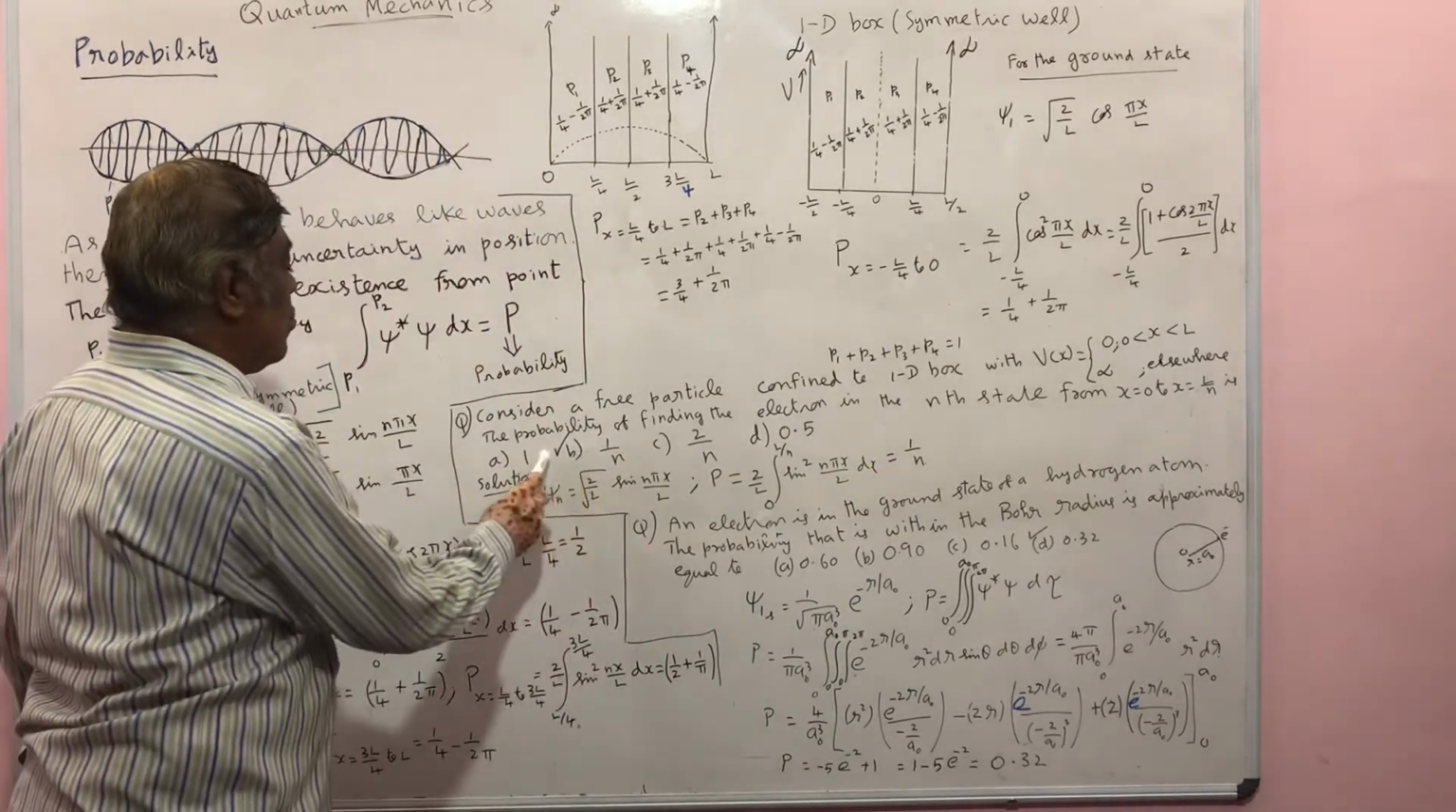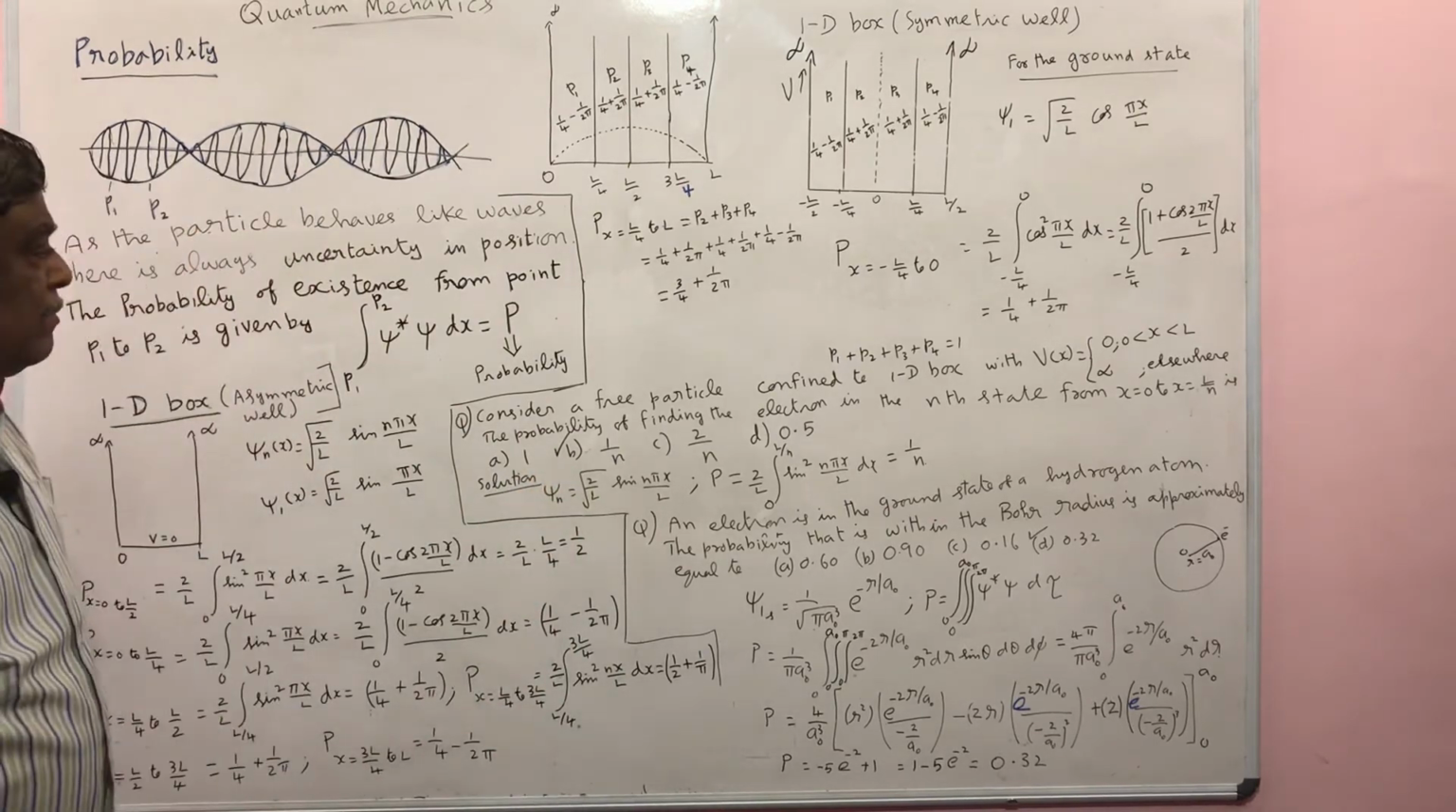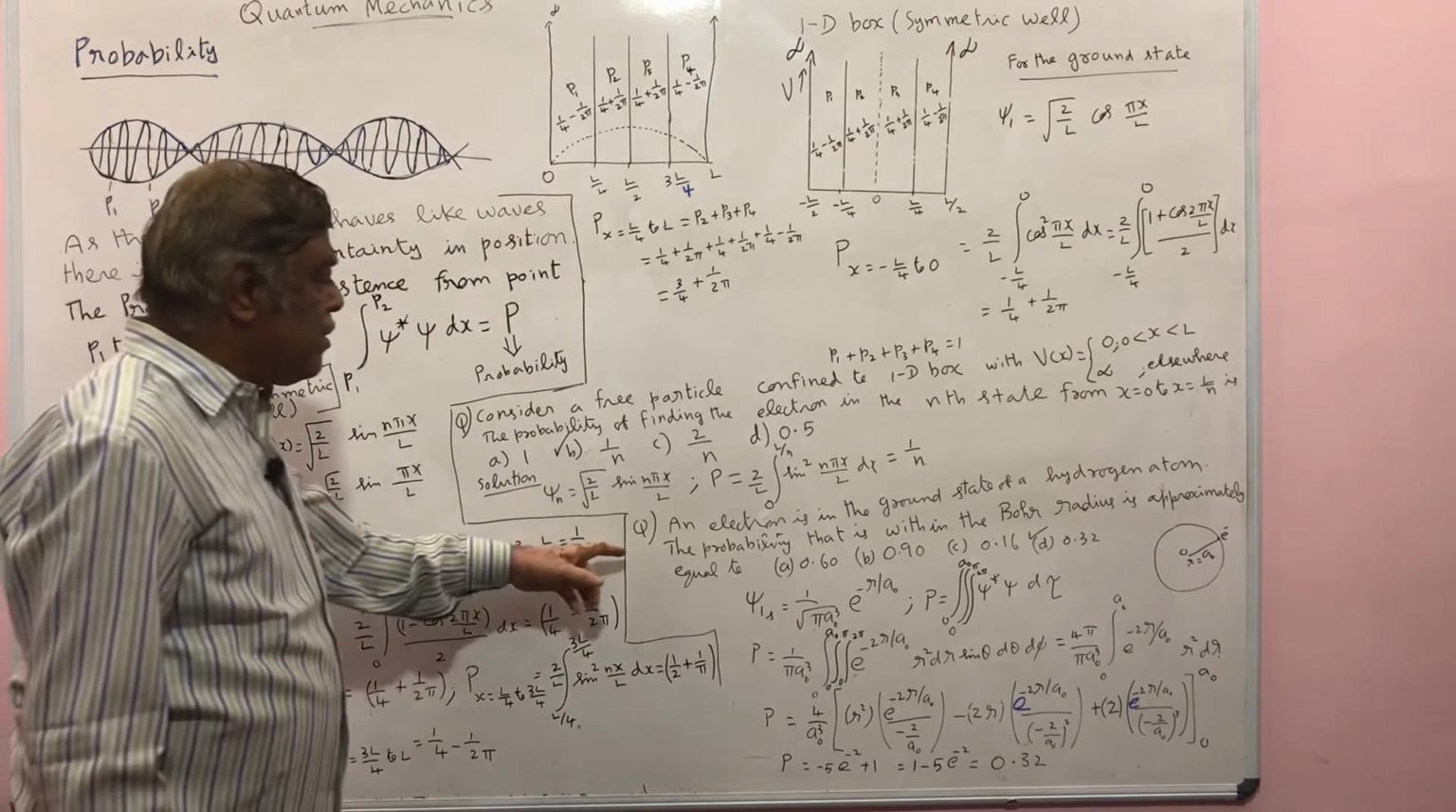So this is 1 by n. So the option B is the correct one. The next problem is